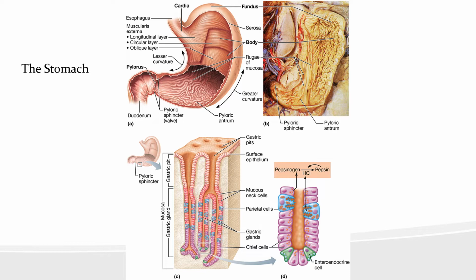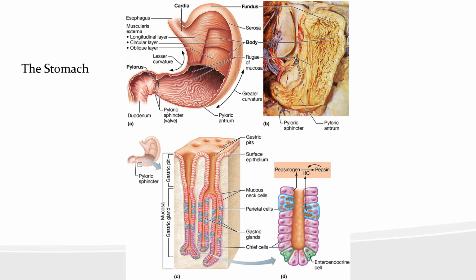This arrangement allows the stomach not only to move food along its tract, but also to churn and mix and beat it so that it breaks down into smaller pieces. In addition, chemical breakdown of proteins begins in the stomach. So the mucosa of the stomach is lined with simple columnar epithelium. It produces bicarbonate-rich alkaline mucus that clings to the stomach mucosa and protects the stomach from being damaged by acid